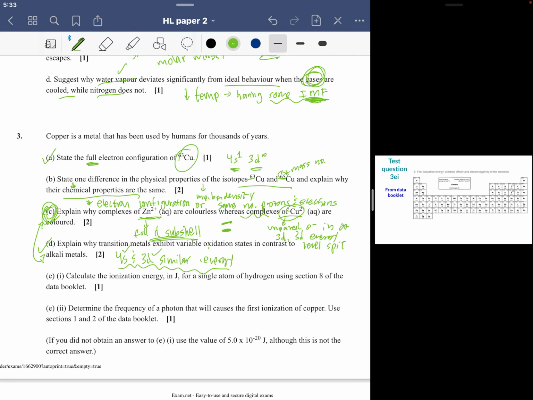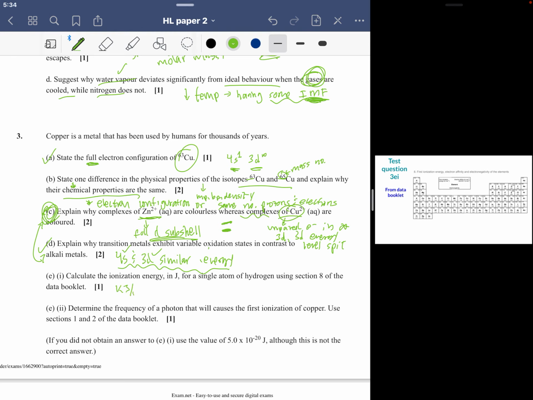All right, this one was a little tricky. I know we didn't practice it a ton. We did see it in class. Okay. Calculate the ionization energy for a single atom of hydrogen. So notice that the units that they give you in the data booklet are, I believe, kilojoules per mole. And they were asking you for a single atom. Well,